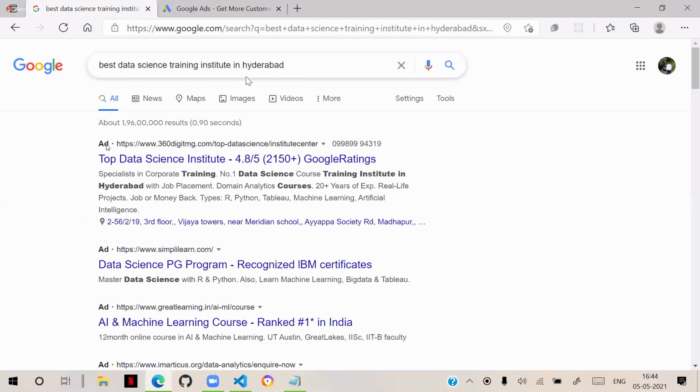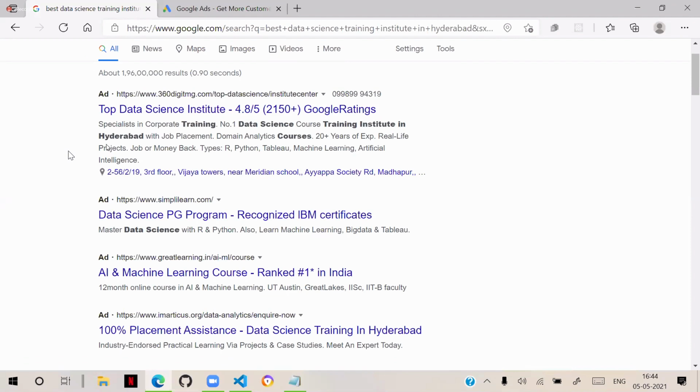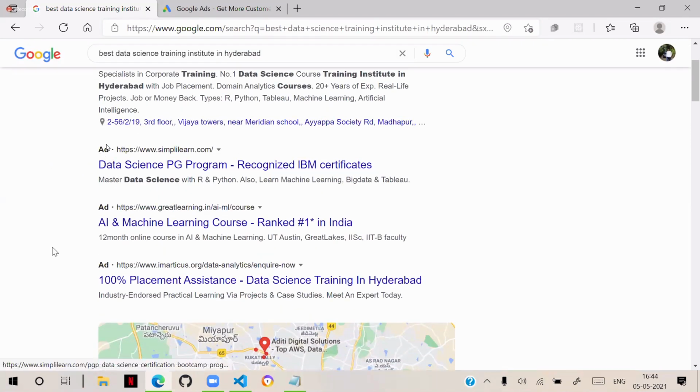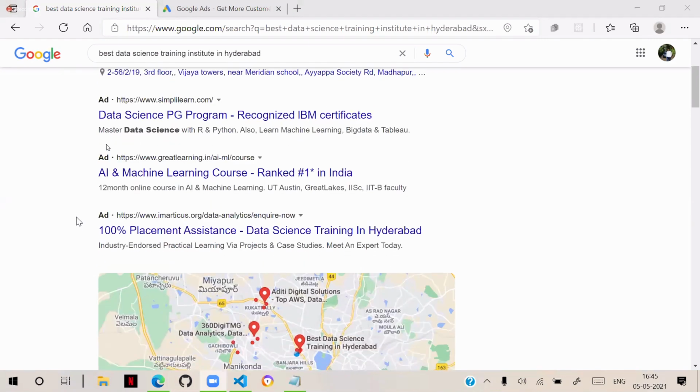When I search for best data science training in Hyderabad, you see some other websites came. And in that you can observe there is an option called AD. That means these people are advertising. Why did they come top? Because they are paying to Google for that. So this is called advertisement.